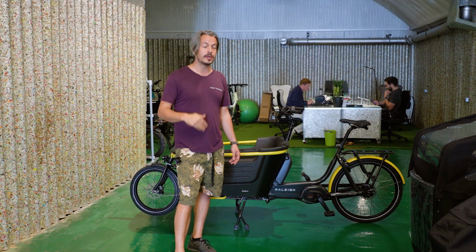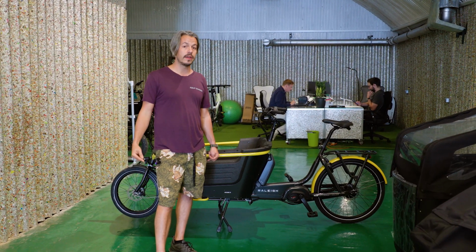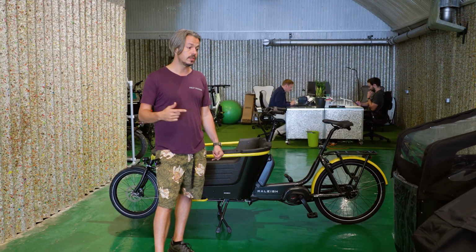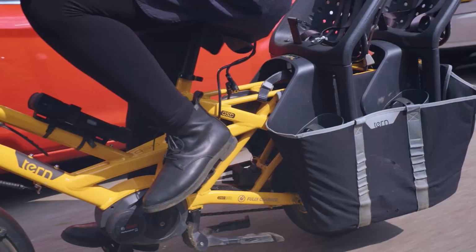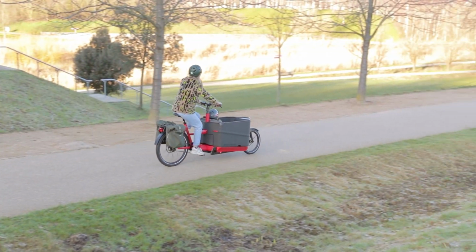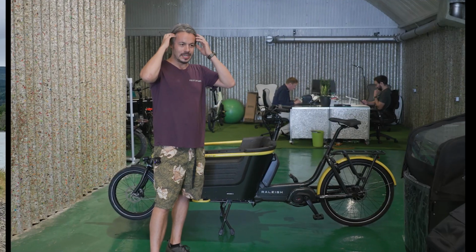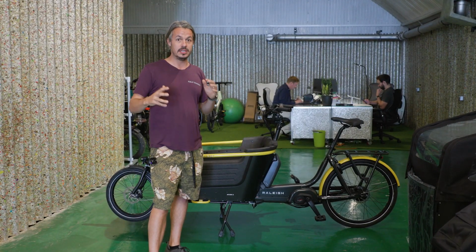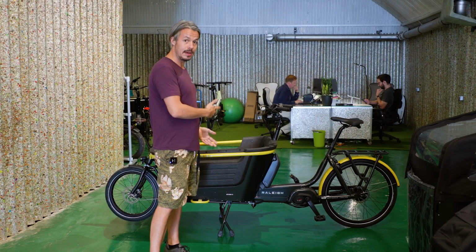2,000 electric cargo bikes were sold for commercial use last year in the UK, and that is growing very, very fast. And also the family bikes, we've seen in London a huge change with all sorts of different school runs being done and multi-purpose usage, even for dogs and whatever. So basically, we are really interested in the space. We know a lot about it, and today we're going to go into a bit more depth about this particular